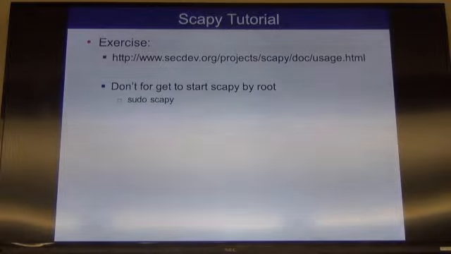Scapy, that's what we are doing right now. You cannot attack with Wireshark. You can see what's going on, but you cannot attack. So Scapy. Sudo Scapy.